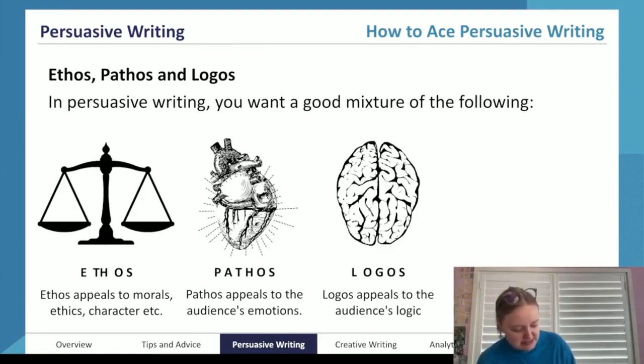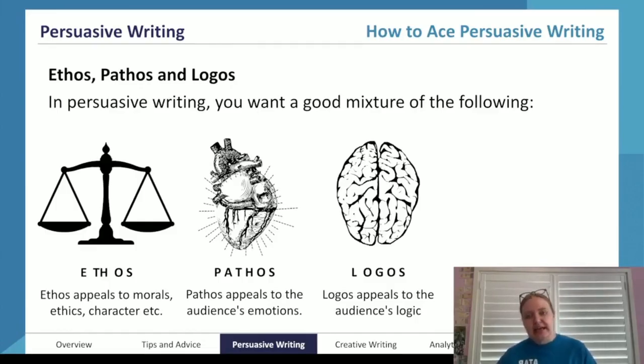Everyone sort of has this idea of what is good and right. We basically know that hurting someone is not an okay thing to do. We don't really have to be taught that. I mean, a little bit, but it becomes pretty intrinsic to us as we get older. And so that's what you're appealing to with ethos, this idea of justice.